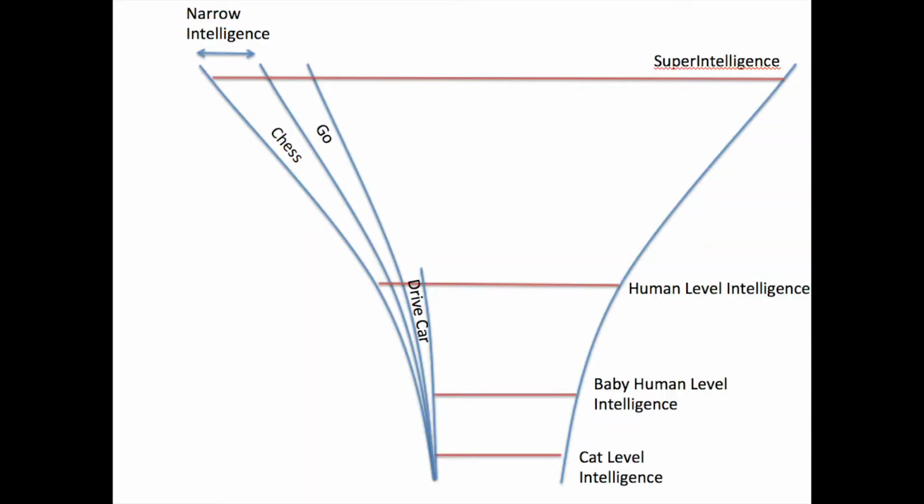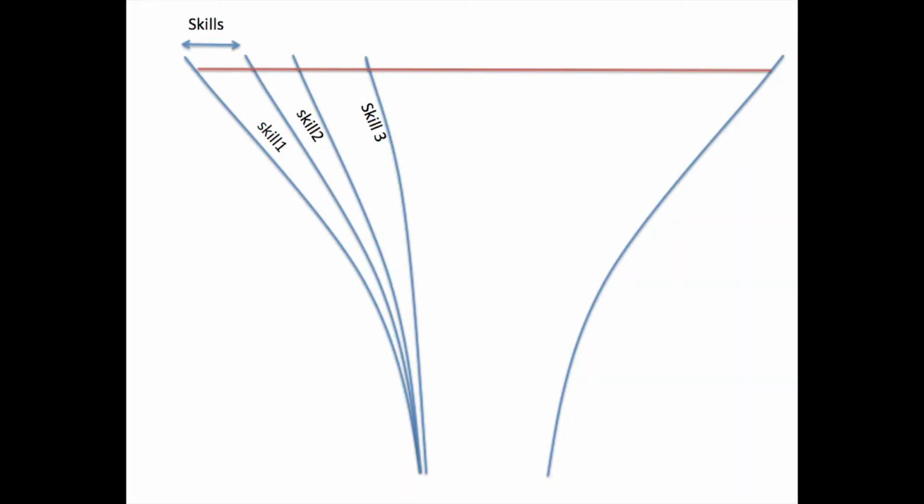Now, if you remember in my first video I explained that today we're producing lots of narrow intelligences like expert in playing chess or Go or doing a certain task such as driving a car, and by adding all these narrow intelligences together we would get more like human level intelligence, but that's still a long way off. If you look, we can take this diagram and replace those narrow intelligences with skills. Skills are just apps that are for the Amazon Echo, or they're called actions for the Google Assistant.